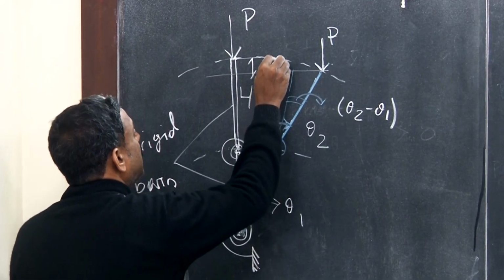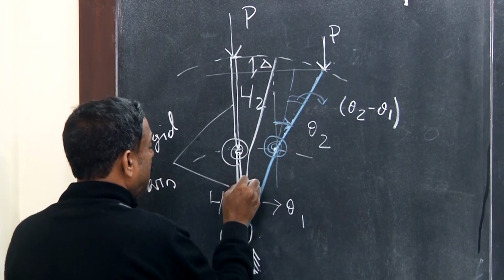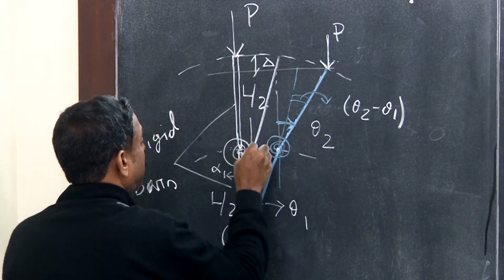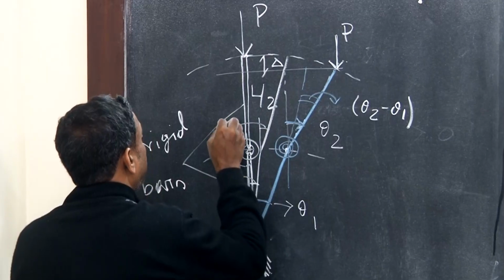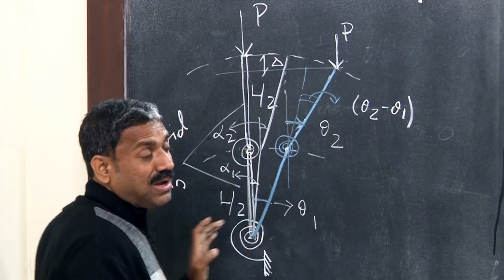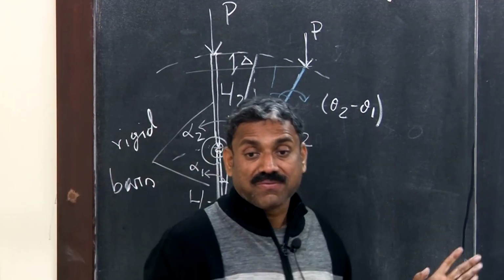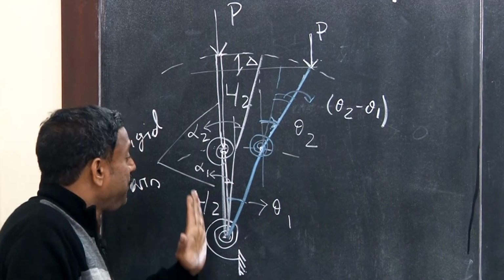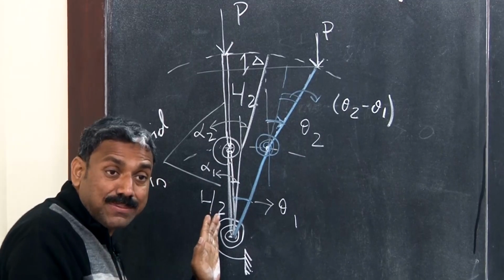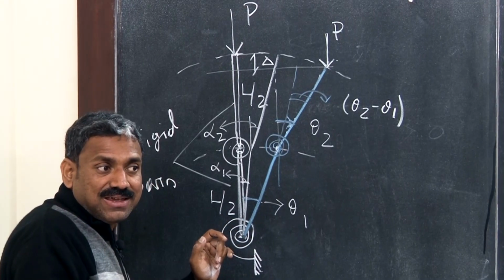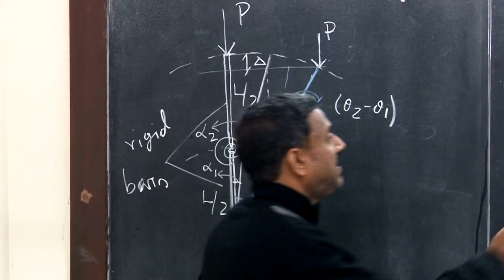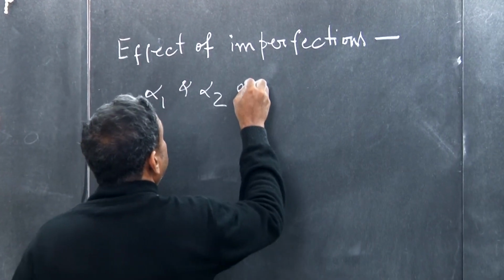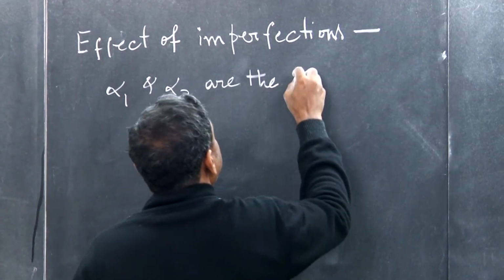It was already having some imperfection alpha 1, and some imperfection alpha 2. Alpha 1, alpha 2 are initial imperfections, that means initial rotation. Instead of being perfectly straight, they already have a little inclination. So those are geometric imperfections: alpha 1 and alpha 2 are the initial inclination